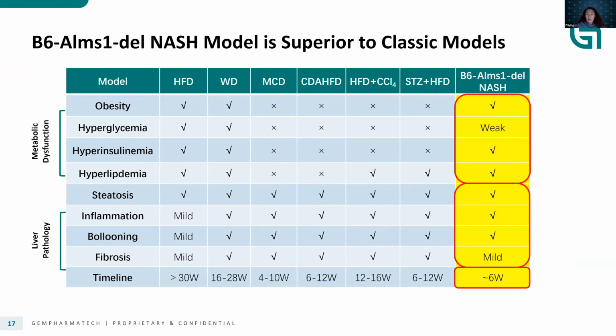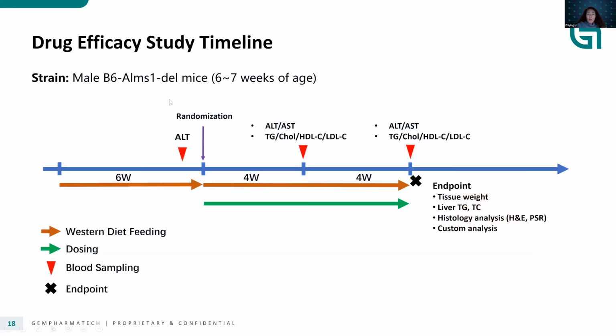So basically, I'm summarizing here. This animal with the Alms1 loss of function mutation on the Western diet treatment, we do think it mimics NASH and can be used as a mouse model for the study or drug testing when we want to develop or assist the development of human medicine. So this is our service outline, where we do want to provide testing services using this well-established mouse model with the diet treatment.